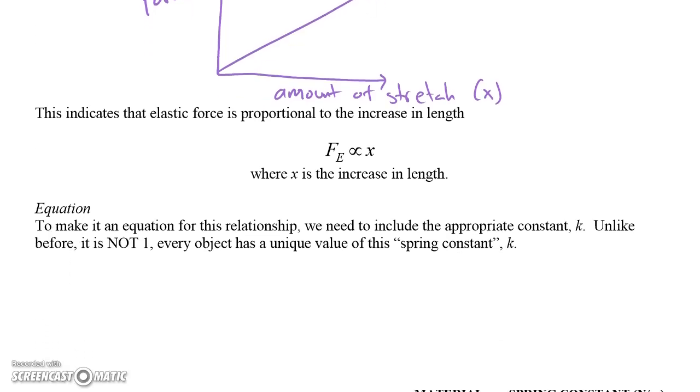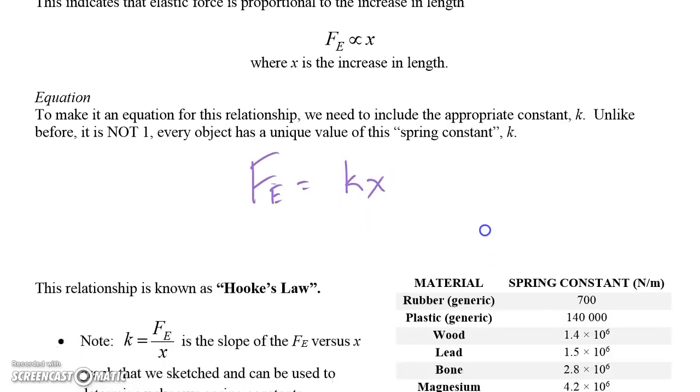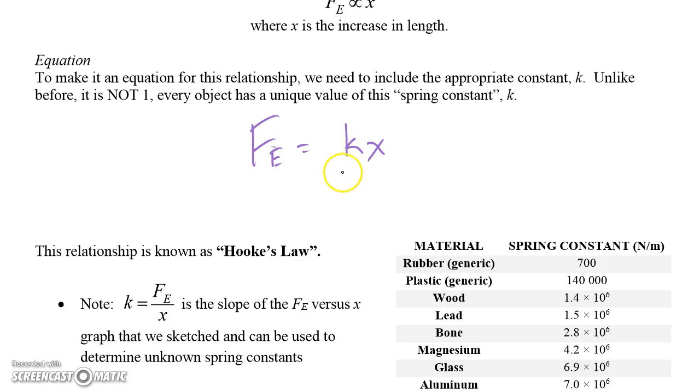But the problem is that doesn't give us an equation. We saw this before with Newton's second law, where we had to make an equation and there was a constant. That constant ended up being 1 for Newton's second law, but in this case that is not true. We just get Fe equals kx, and this is known as Hooke's law, where k is some spring constant which is unique to every material. So it is unique,